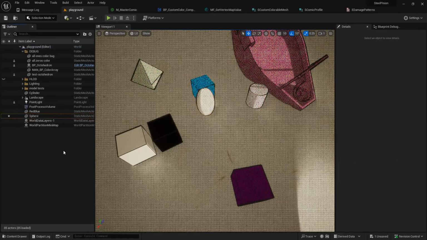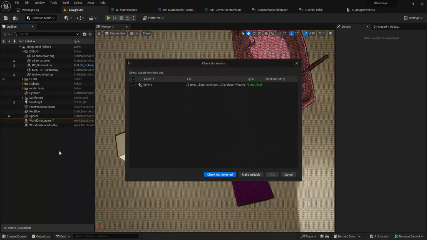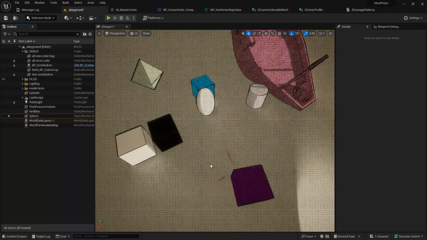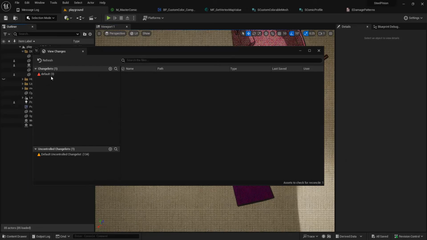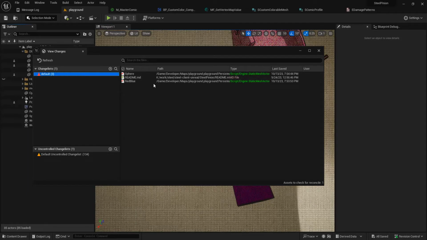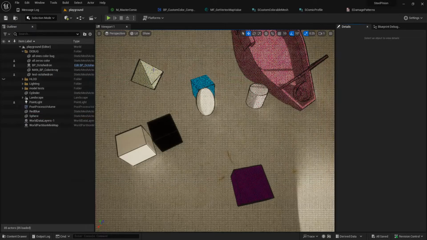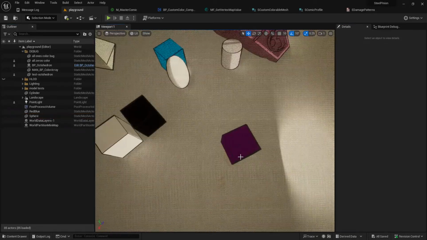So if I move this guy, make a change, Control S, checkout selected, that will work. And so if I come here to revision control and review the changes, then it shows up as expected. But if you don't click that blue button, then it'll show up down here in the uncontrolled change list. And I just moved around a whole bunch of files and was very confused when I went to commit that some things were missing. So anyways, that was a lesson learned. Other lessons learned,